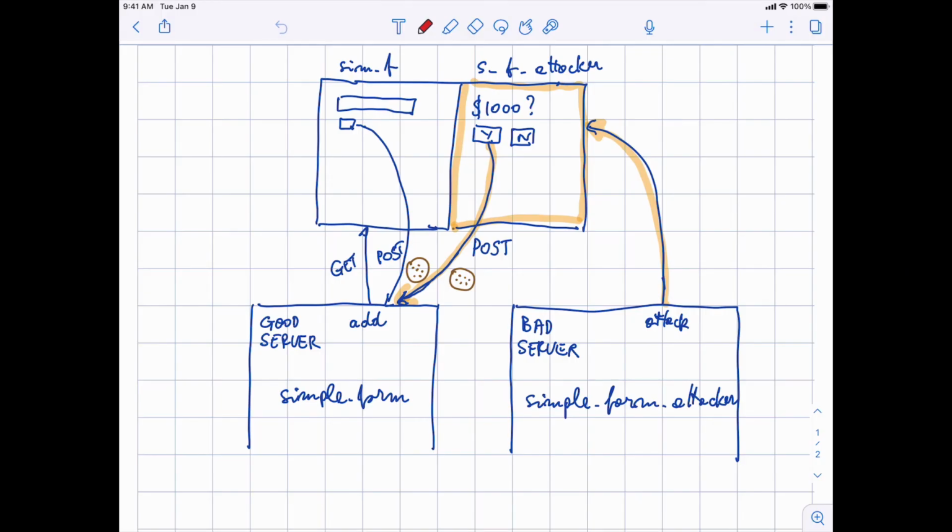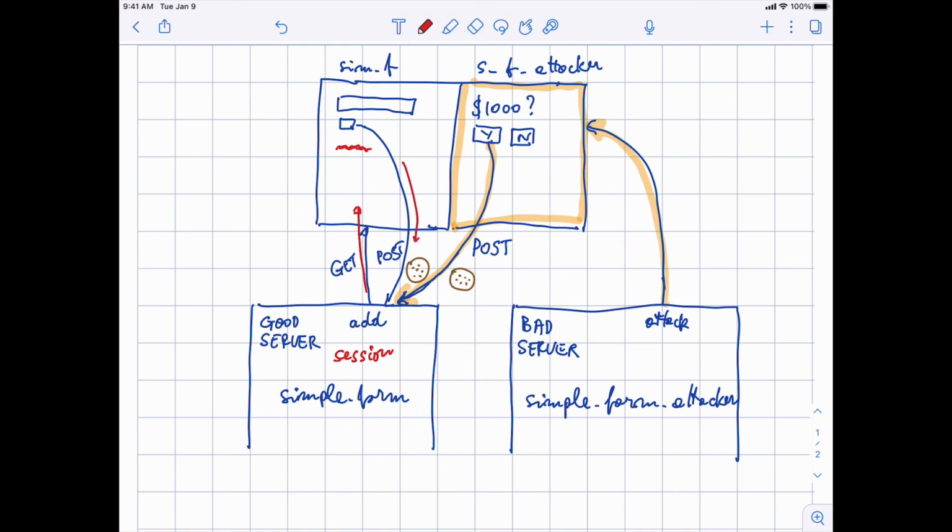The defense from the attack will look like this. When you get the form, along with the form, there will be some secret signature that depends on the user session on this site. So here is the session, and from the session you generate this special signature here.